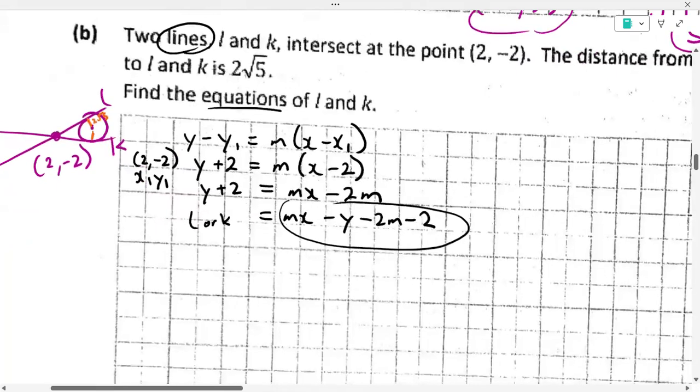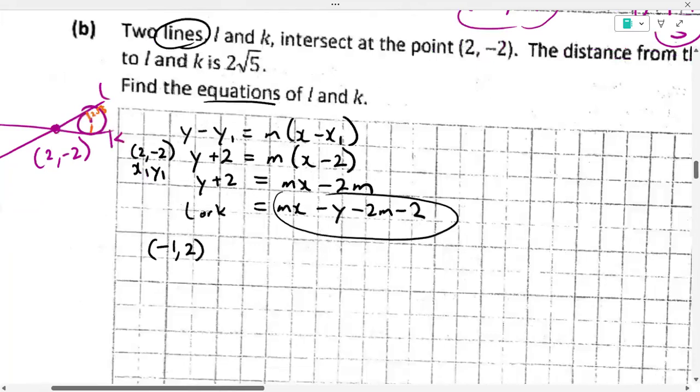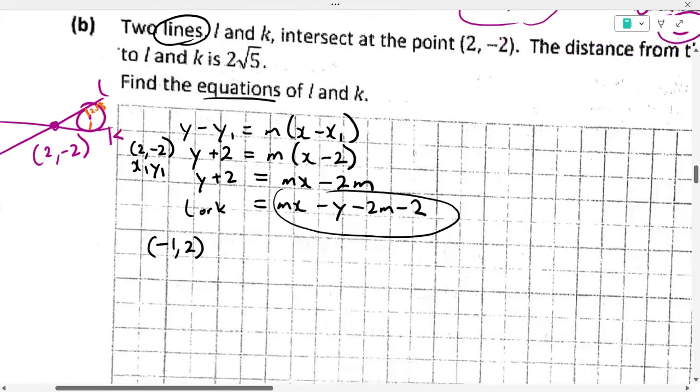Now, what else I know is that the distance from that line to the center of the circle is 2√5. So if I use my center, (-1, 2), yeah, and the distance I know from that point to that line is supposed to be